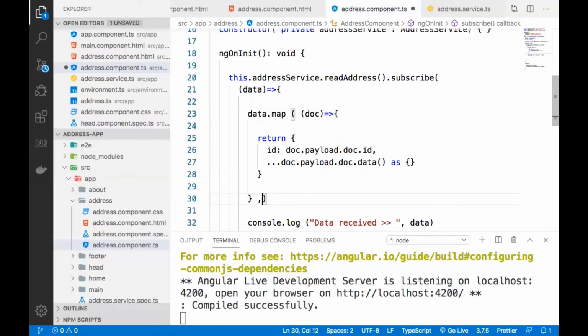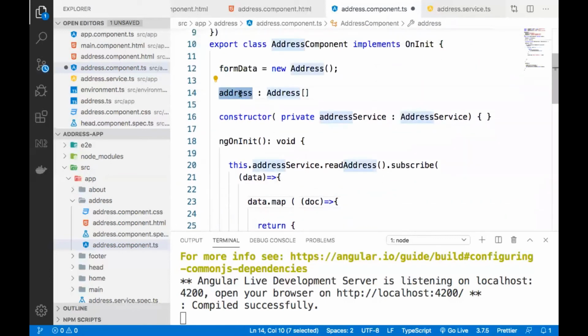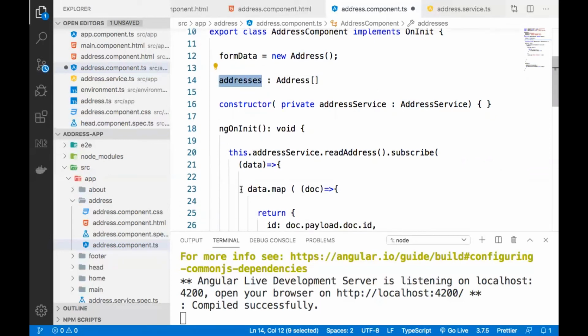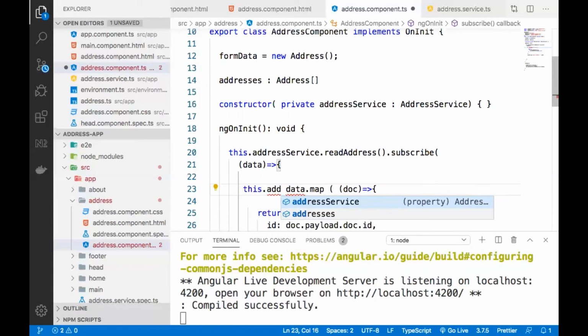So I think this comma is not needed. And whatever data this map function is returning, I'm going to assign to the address array we created. I'm just naming it addresses, and assigning to this.addresses equal to